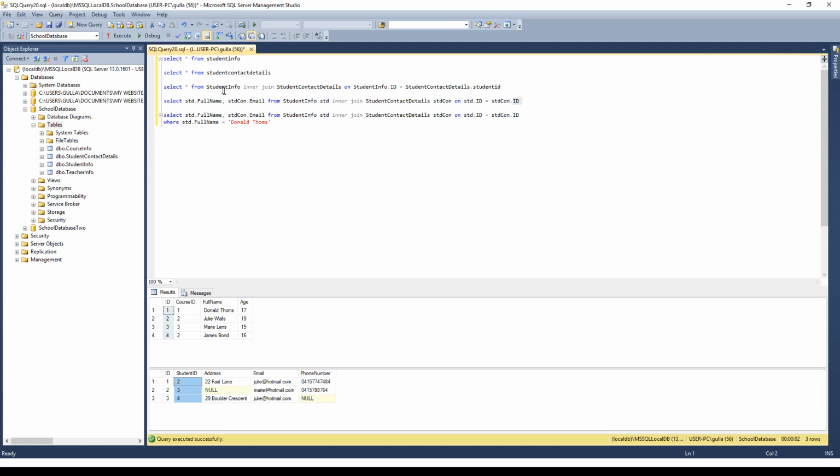So sorry, getting back to this statement here. So we're selecting all the information from this table. We're joining this table here as well. So what we technically want to do is show all the information from this table, and what keys are we joining on? We're joining on the ID key here and the student ID key here. So those are our two related things that we want to join upon. So if we do run that,